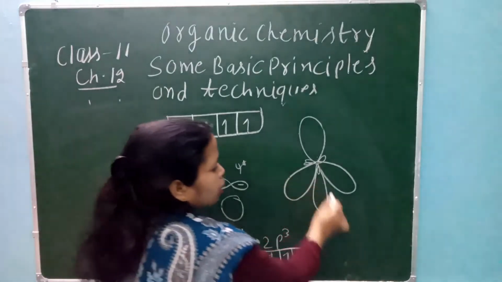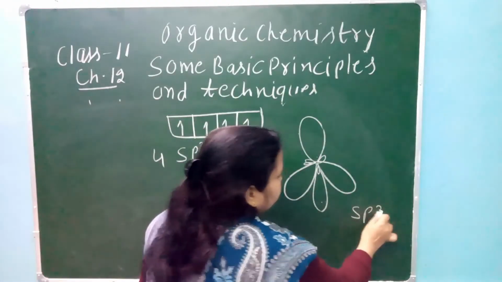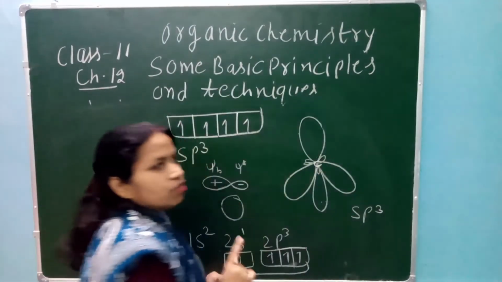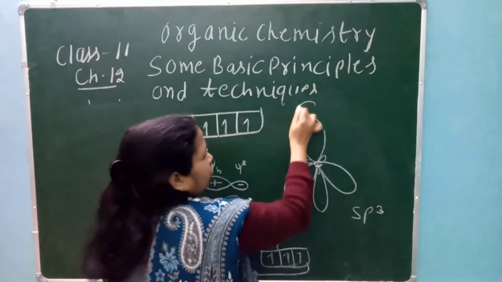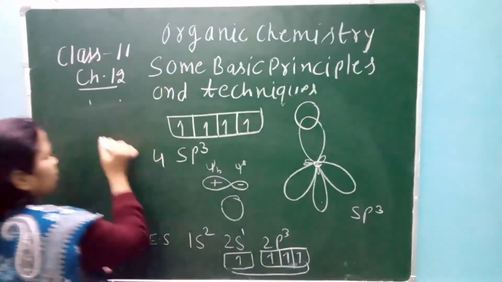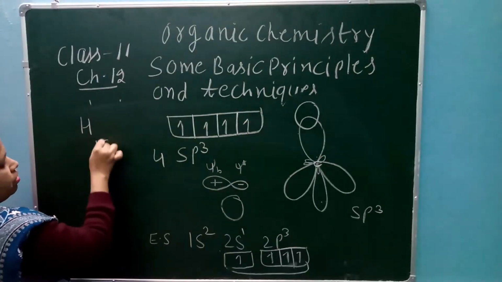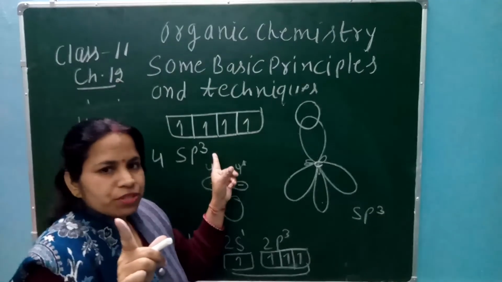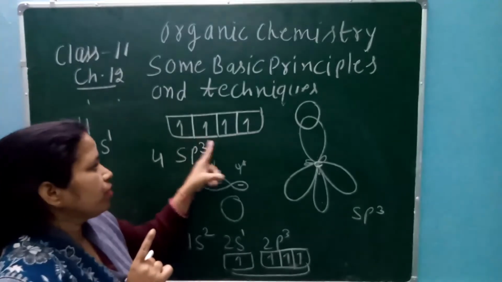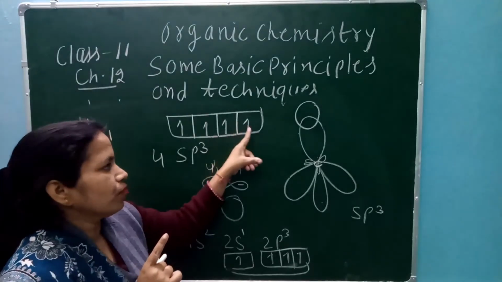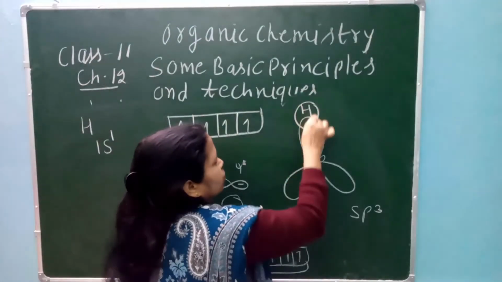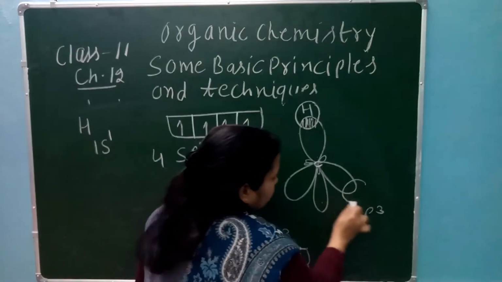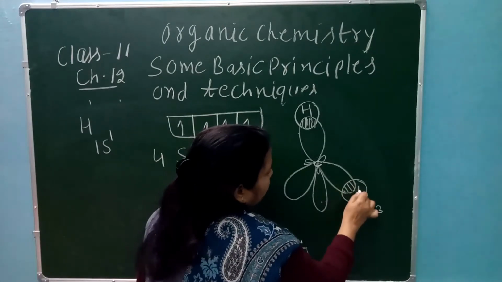तो this is sp3 hybrid orbital. ठीक है, ये आपका sp3 hybrid orbital हो गया। This is the carbon. Now hydrogen. हाइड्रोजन का configuration आप बता सकते हैं। What is the hydrogen? 1s1. Atomic number is 1. 1 electron हाइड्रोजन में है। 1 electron यहां से sharing हो गई, 1 electron यहां से। तो this is hydrogen. This is called the overlapping. Here again this is hydrogen.